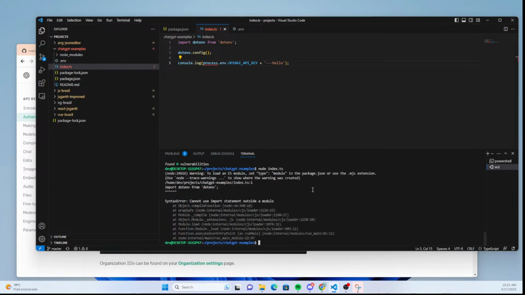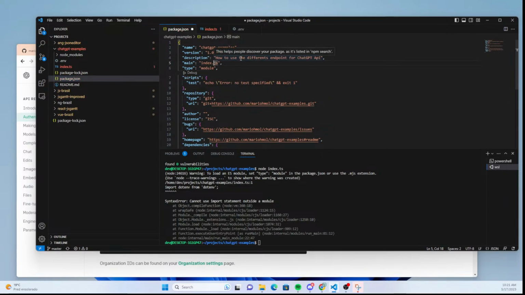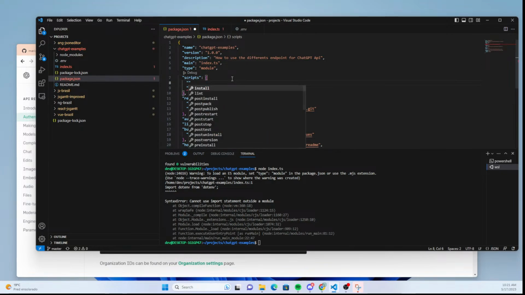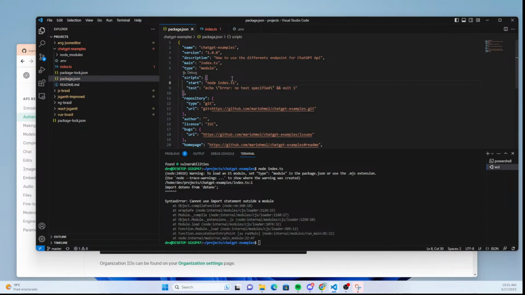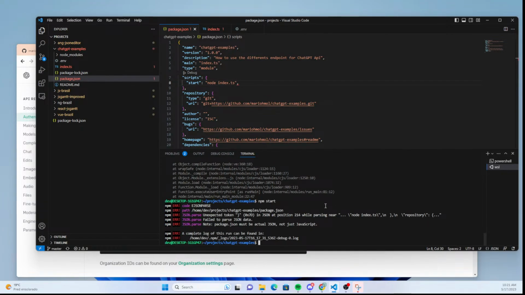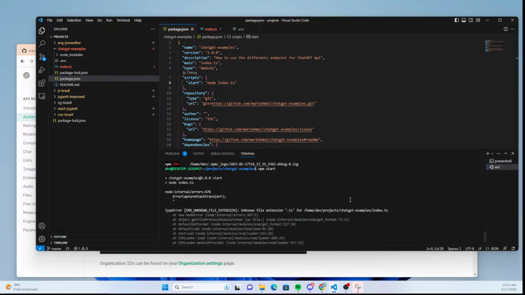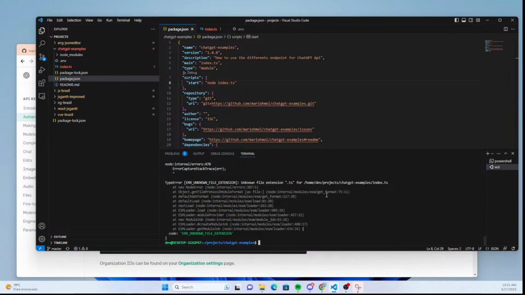Right. Type module on the package.json. All right, not bad. We can create a start script, which should be just node index.ts. There's no test for now. All right. If I do node index.ts,